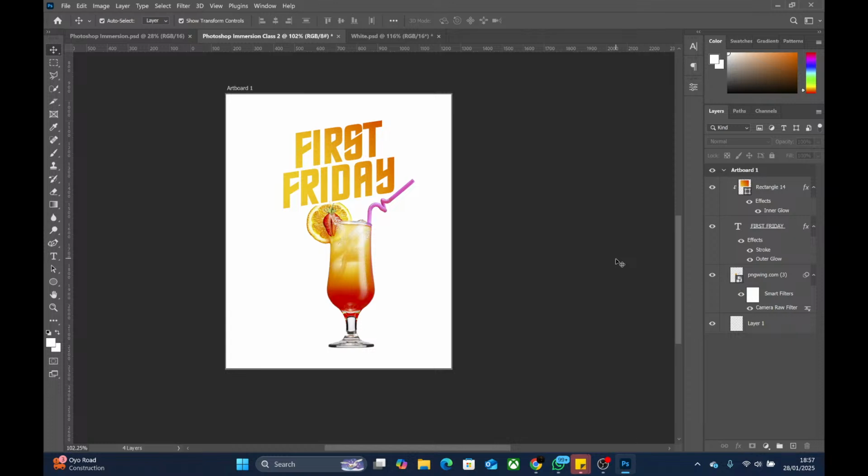So I want you to do something, and I explained this yesterday. Watch this side of my screen, this layers panel where we have artboard 1, rectangle 14, first Friday, pngwing.com, and this layer. Once I click on anything here, it will automatically select it in this place and you see a shade around the name.